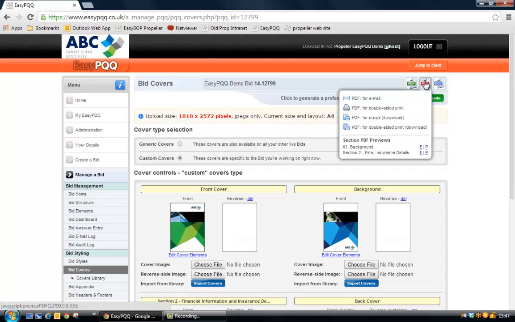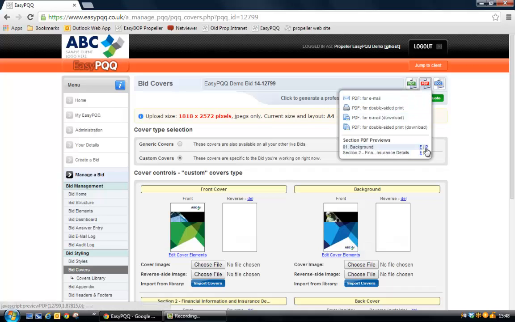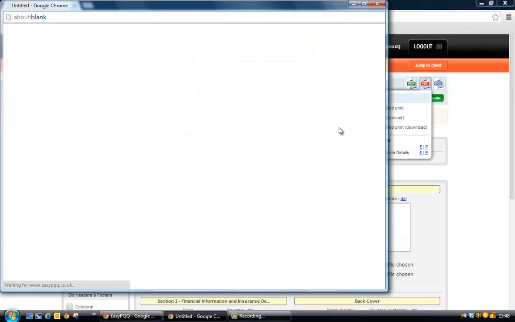So I hover over the PDF generator. There are two options within there, an email version and a double-sided for print. The double-sided for print prints your reverse sheet to your cover and your dividers. The email just does the front sheet because it's for single-sided screen viewing. And you can generate email or print per section as well. So if I select the email one,